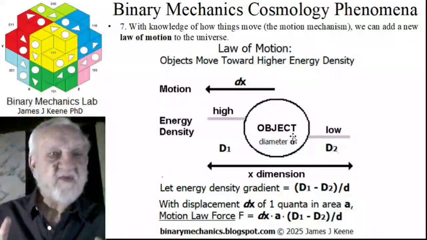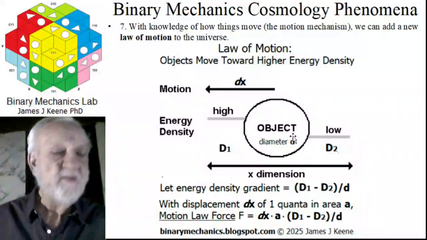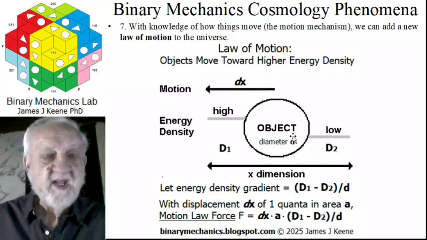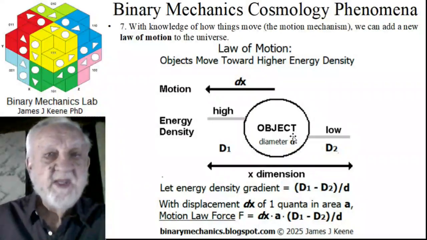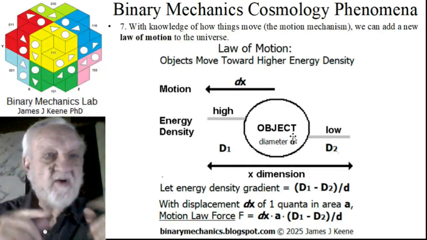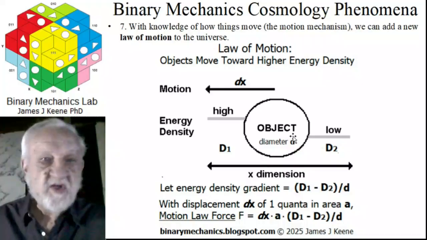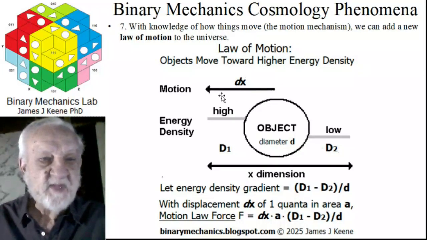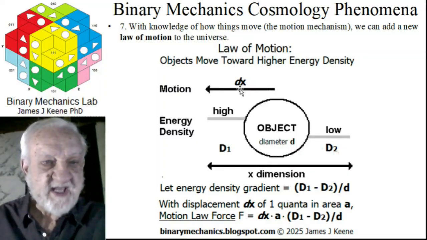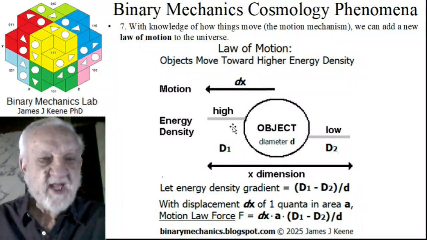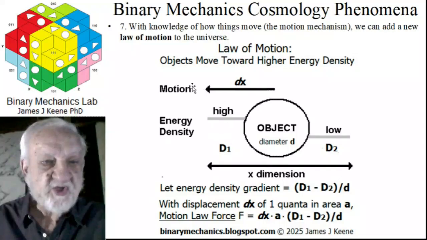With knowledge of how things move, the motion mechanism, which, by the way, some recent videos have discussed in detail, we can add a new law of motion to the universe. Namely, objects move toward higher energy density. Let's denote a displacement or motion with dx, and note that we may have a higher energy density, which is